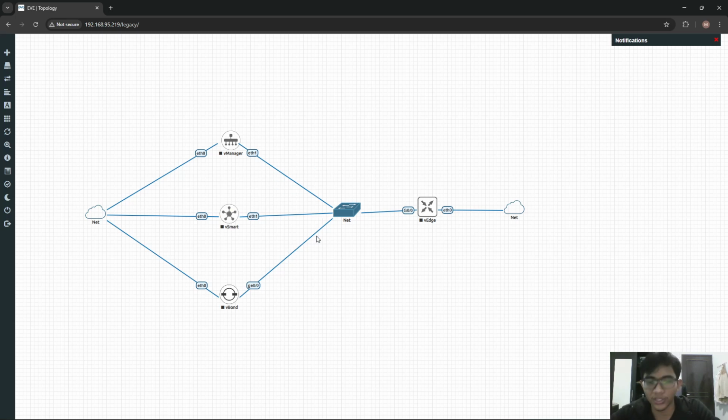And unlike traditional routing protocols, vSmart uses OMP, which stands for Overlay Management Protocol.